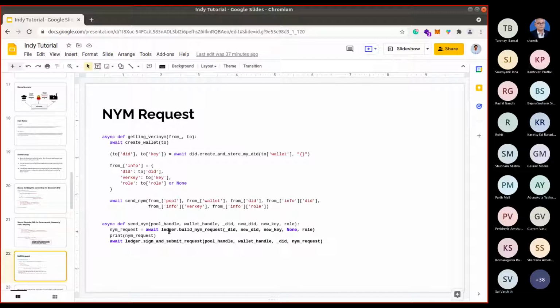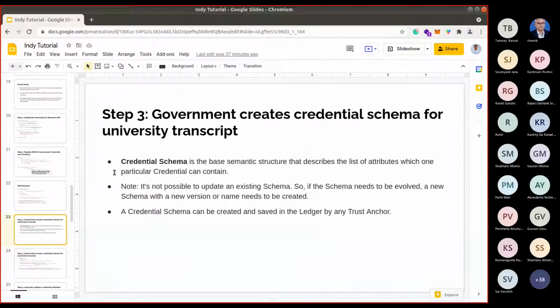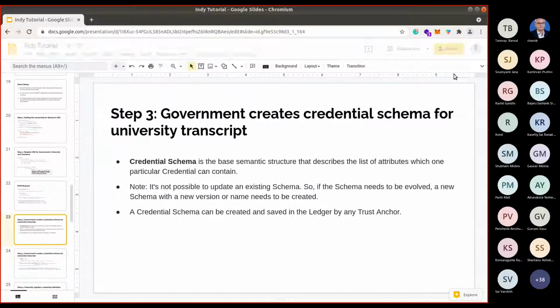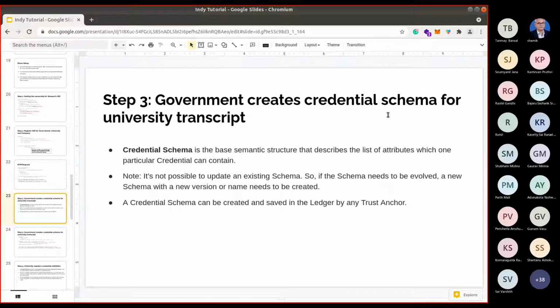The third step, after connecting to the pool and connecting to the steward and getting those deeds registered, is creating a credential schema for the university transcript. In our flow, as you saw in the diagram, Alice needs a transcript credential from the university.